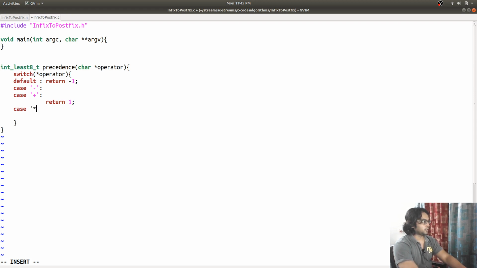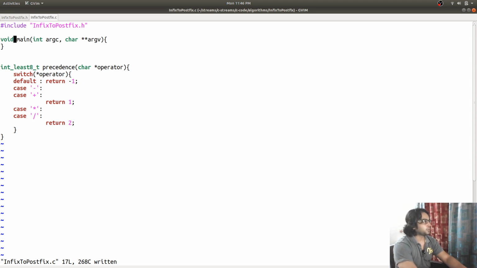Case multiplication and case division return 2. So we have covered the cases: negative and positive have the same precedence, so I'm going to assign it 1. The multiplication and division operations have the same precedence. I'm going to assign it 2, because they are higher in precedence than subtraction and addition operations.